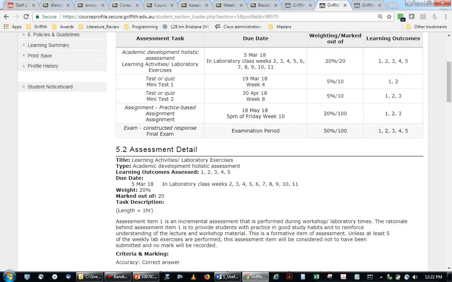There's a final exam in the final examination period. After the course is finished, actually after week 12, there's a final examination period, and it's worth 50%. That's a big chunk of marks. All right. What are the easiest marks to get in this course, do you think, and what are the hardest